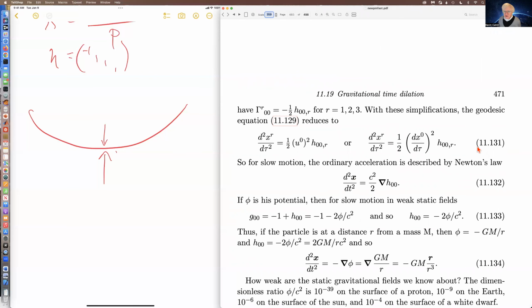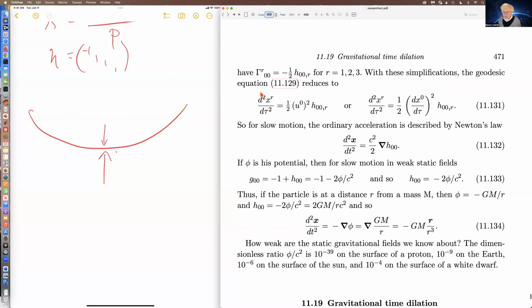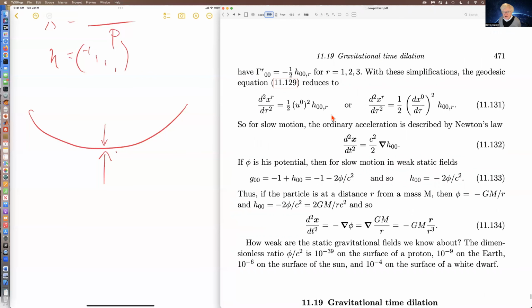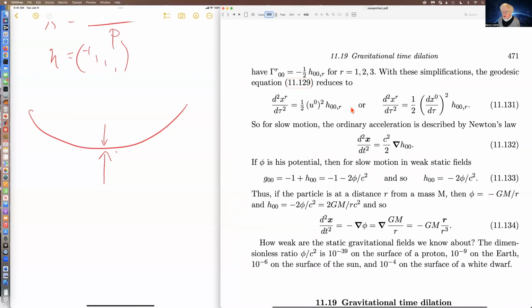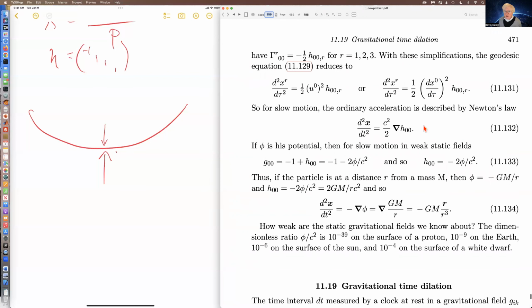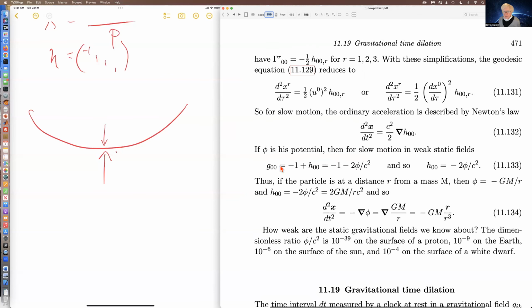And so then we see that the geodesic equation is then this, or equivalently, of course, u^0 is dx^0/dτ. I don't know why I had the u^0 in there in the first place. Anyway, so for slow motion in a weak gravitational field, what you've got is this, which is just Newton's law. And we see that if we re-express g00 in this way,